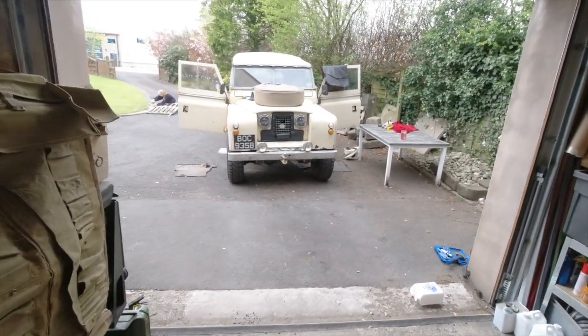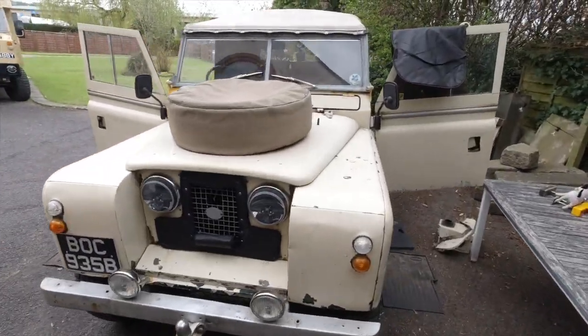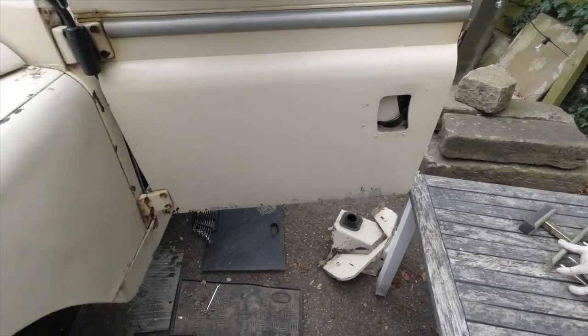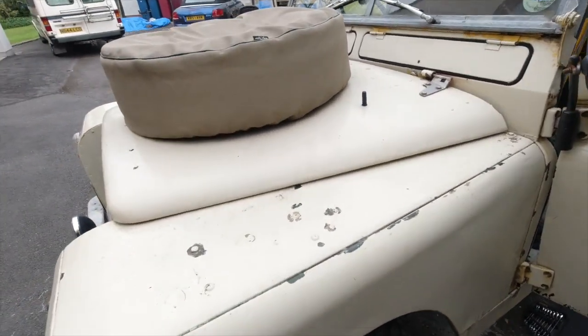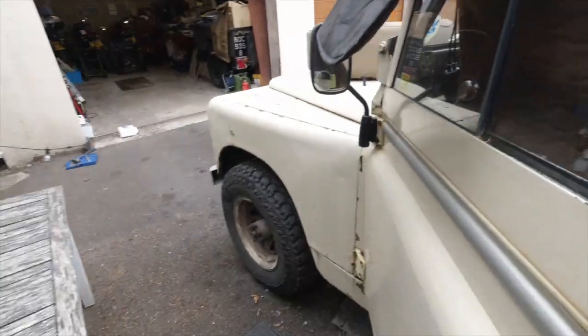A slightly leaky fuel tank's coming round, and the doors are a bit knackered, so I'm going to look to get some galvanised doors with aluminium skins. There are a few bits under the bonnet we'll come back to another day, but today we're going to have a go